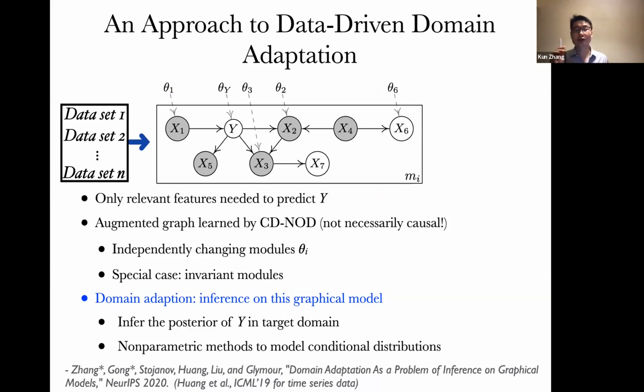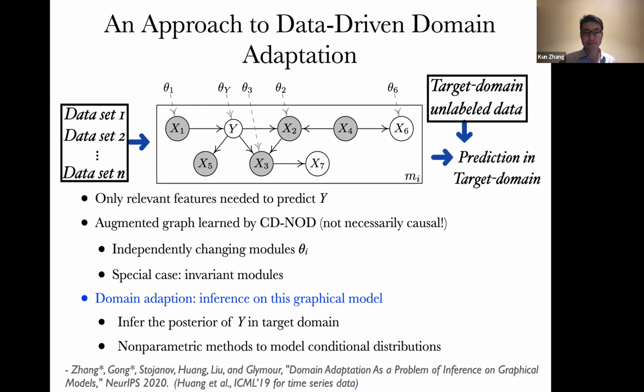And after that, domain adaptation is nothing but the problem of inference in this graphical model, given the values of the features and also priors on the latent variables of theta, because theta governs how strong or how the conditional distribution can change. Now you can see you have a principled way to do domain adaptation by making use of the property of the changes. Later you can see the limitation of this method. For now, let's see the result on a number of datasets.